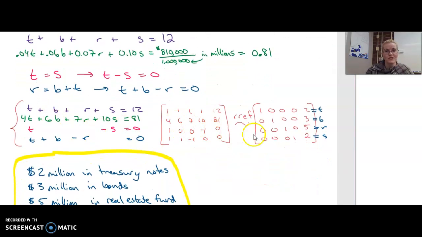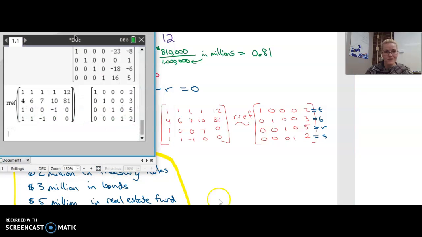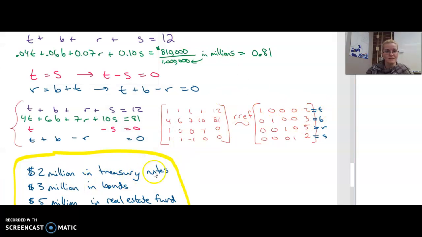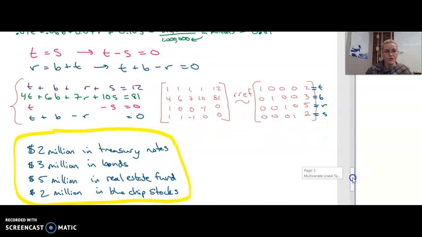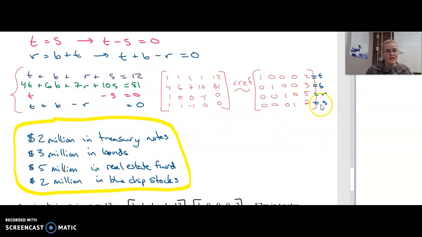Grab your coefficient matrix, put that into your calculator to find the row reduced echelon form, and then your answer just kind of falls right into place. Your 2 million in treasury notes, 3 million in your bonds, 5 million in your real estate, and 2 million